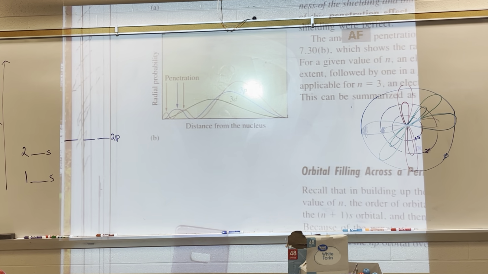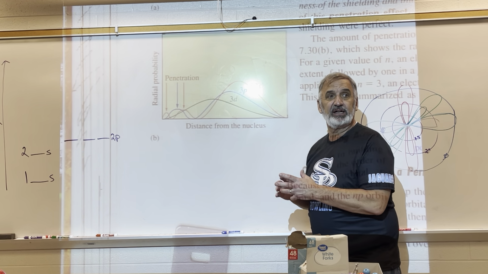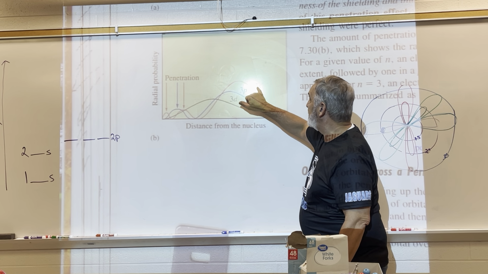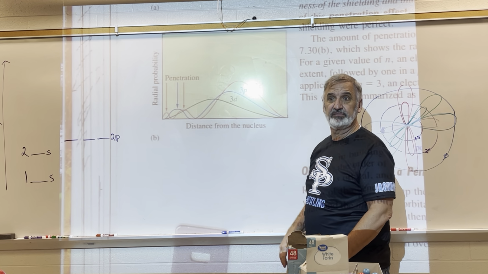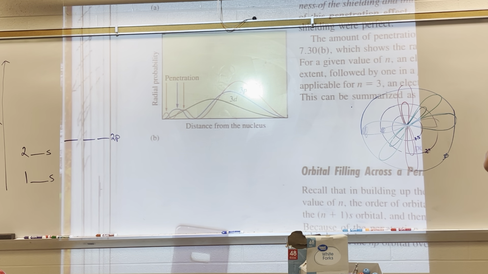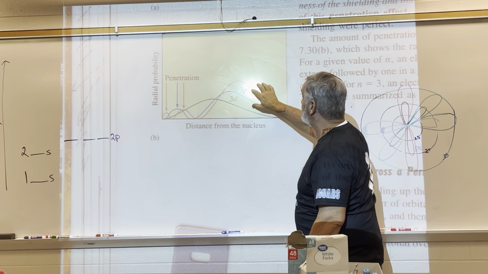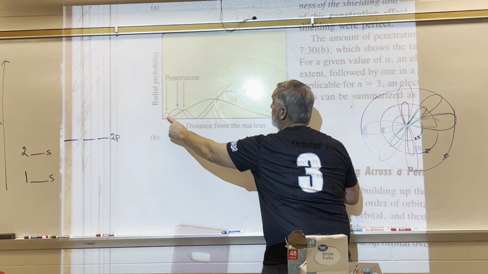If I look at this graph, this is talking about, on the third energy level, the relationship between an s, a p, and a d. Electrons in an s, a p, or a d sublevel. Now again, remember, this is all based on math. This is all based on the probability of where the electron could be found. That's what an orbital is, the most probable place to find an electron. Well, you can see that on the third energy level, the electrons are all about the same. Here's the nucleus over here. However,